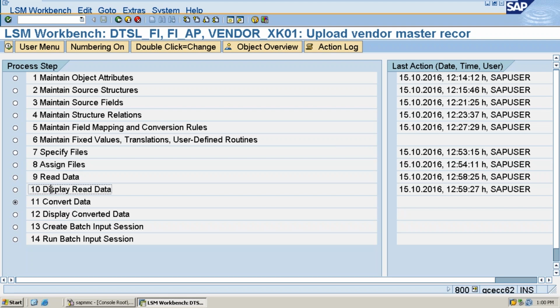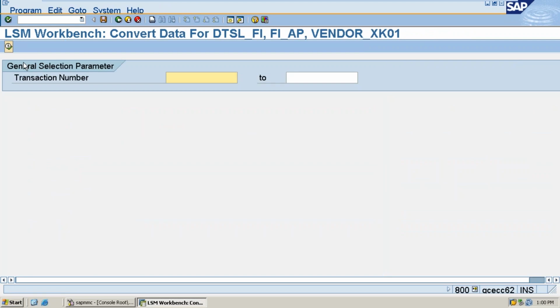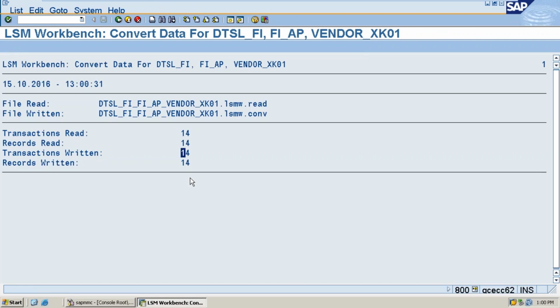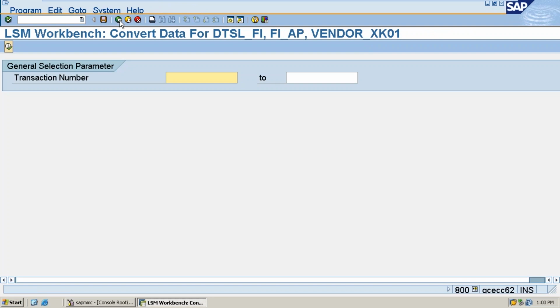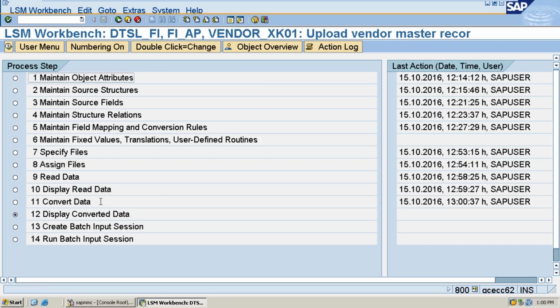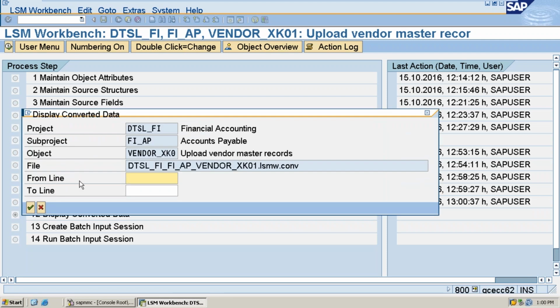Okay, clear, right? Now let's go to convert data and execute it. But in this case, I have specified move. Move means as it is, it will convert it in this move. In case you specify any constant values, you can specify them. See, 14, 14, 14 like this, it will be displayed. From here it is very user friendly. Execute only.